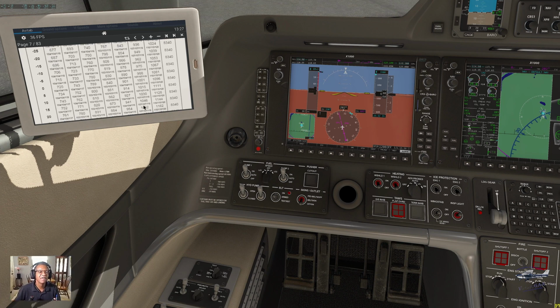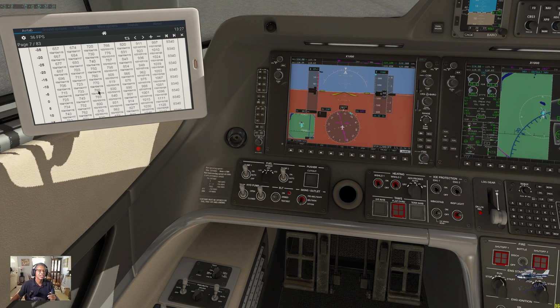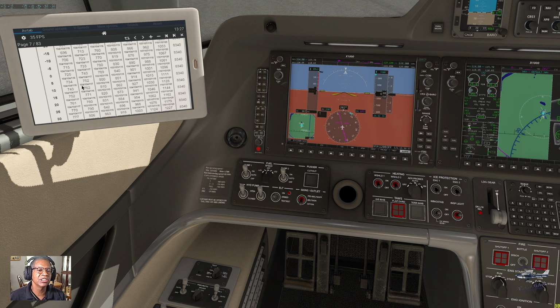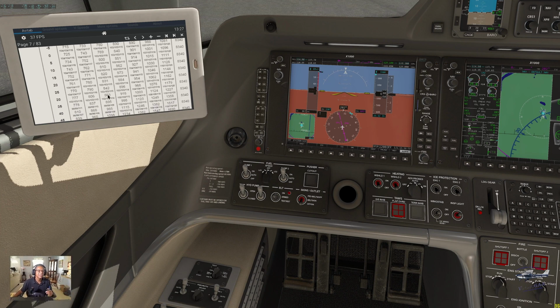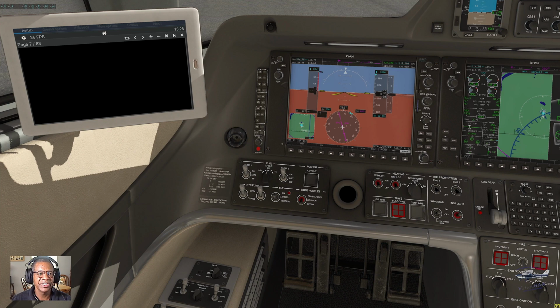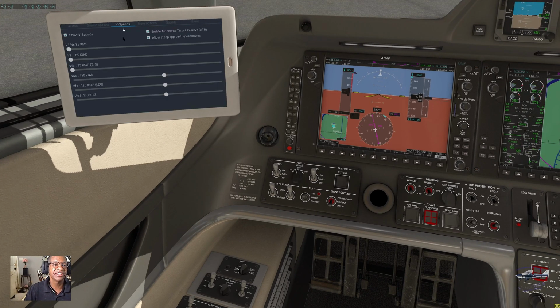So let's see. So 68. Yeah. So we will use 68. This column here, and the third column, 1, 2, 3. So we're going to use 103, 103, and 115. Okay, so V1 and VR is 103, and V2 is 115. All right, so let's go ahead and set that up here, and that's going to automatically transfer